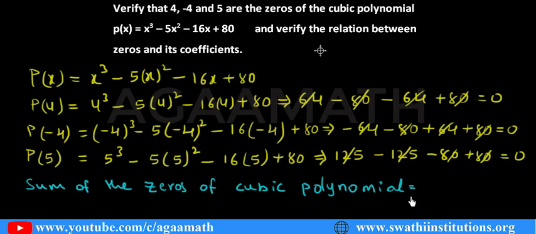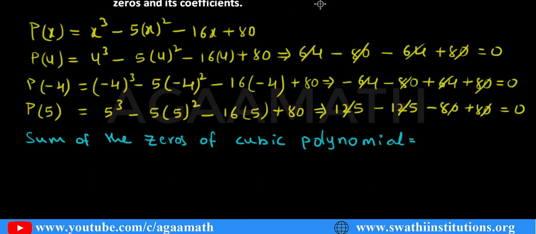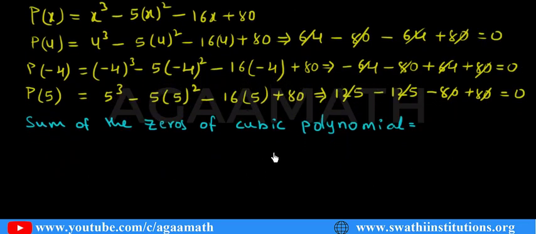Sum of the zeros of the cubic polynomial is minus